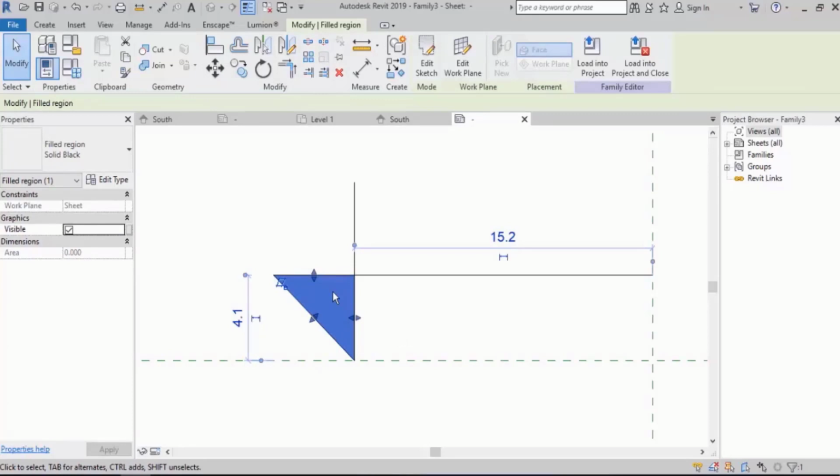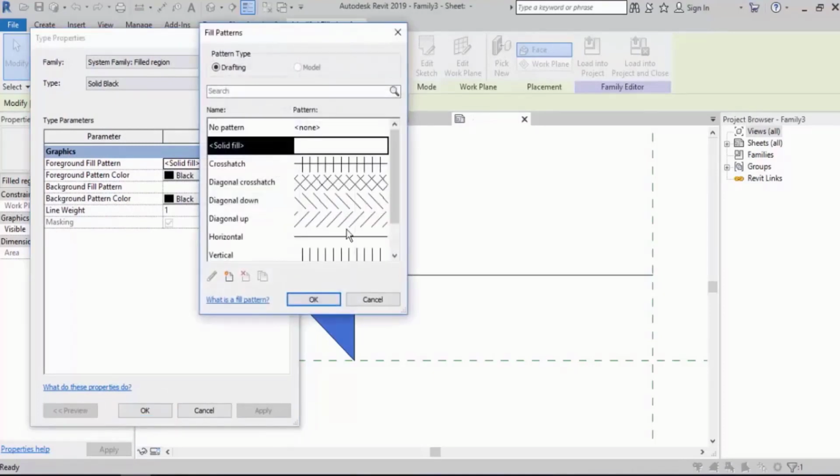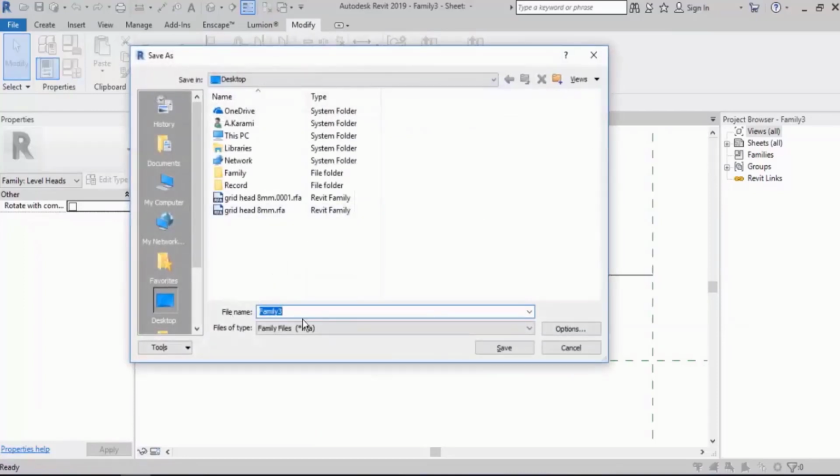I should also tell you that this filled region here is possible to be edited, right? When you click edit type here, for example, you can edit it to anything you want. Here now it's solid fill. It's got other options, right? If you see it's not solid filled, you can change it. Sometimes this happens. Well, obviously you know that you save it, for example, as level head